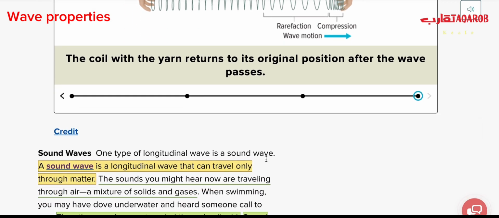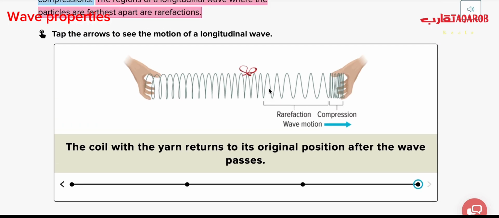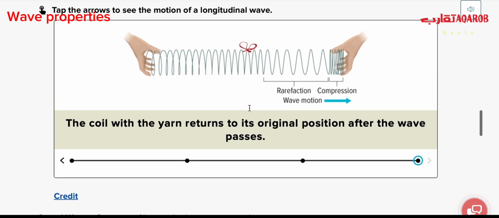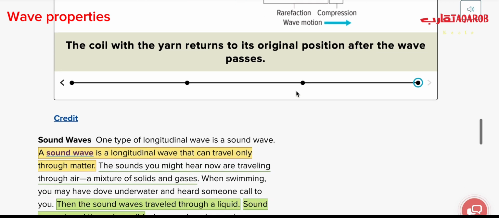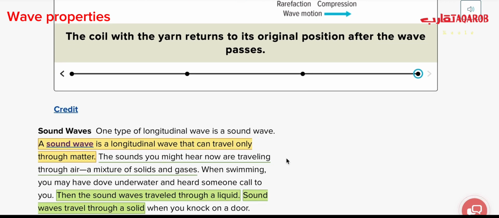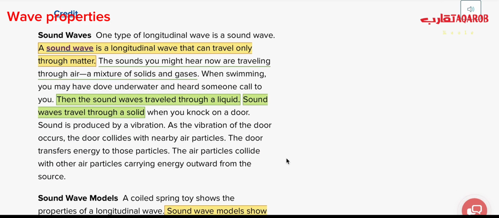So again, longitudinal waves consist of rarefaction and compression. Okay, as you see, this is the rarefaction and this is the compression. So this wave is transferred from this place to this place, and this is the direction in which it is moving, and this is the direction in which you're shaking your hand. So they are in the same direction, so they are parallel to each other. Okay, now let's